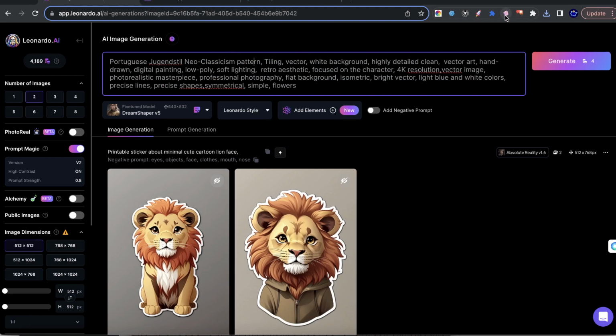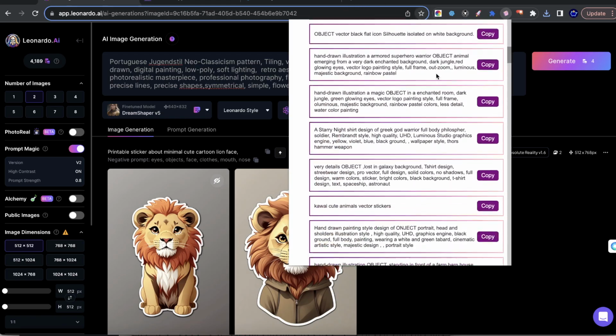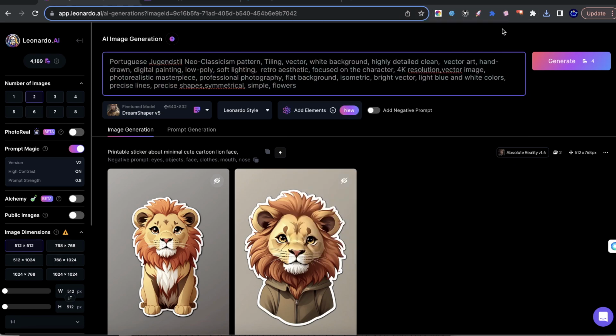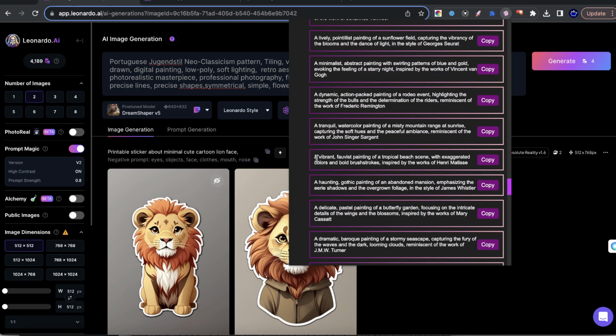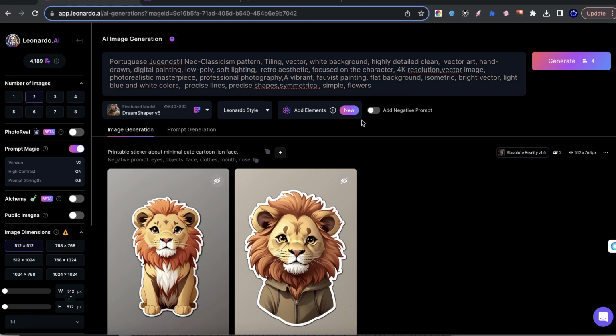And I've actually been using, this is a product that me and Ryan created together, Ryan from POD Tools. Basically, I gave him all the different prompts that I use essentially for print-on-demand designs. I don't want to open it up too much because it will give away the prompts. But basically, I can take certain keywords from certain prompts. Like, let's just say I scroll all the way down here, and here it says a vibrant favist. I don't know how to pronounce it, but anyways, I'll go ahead and copy that, and I can add that here, and it will change the elements